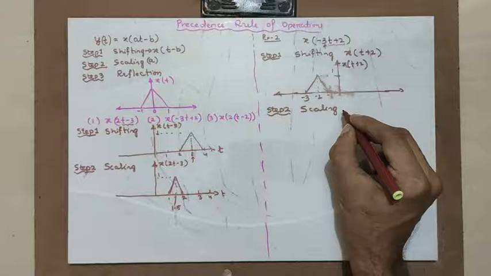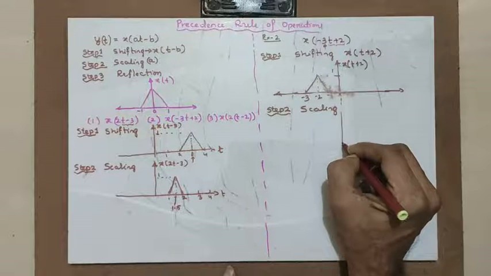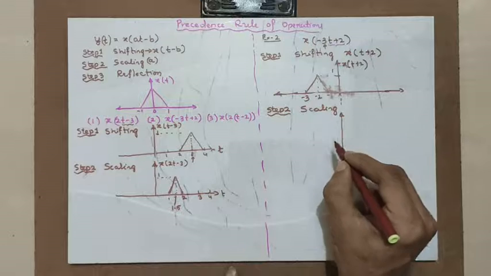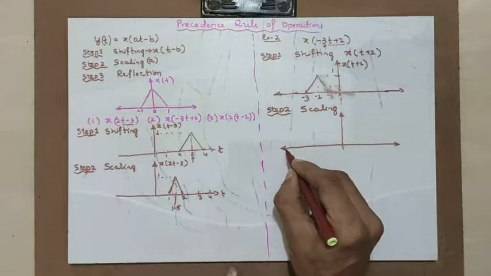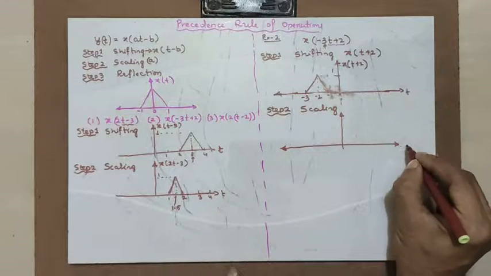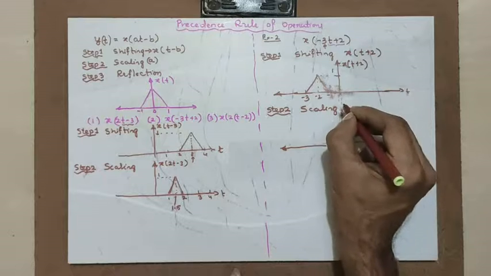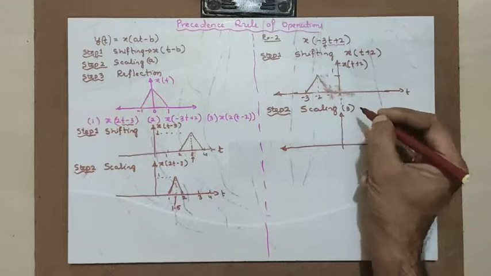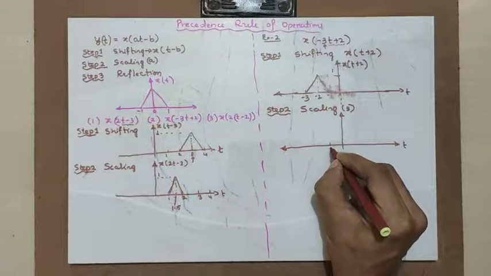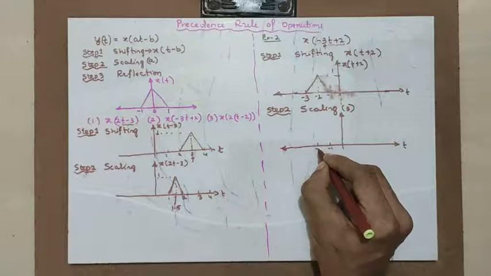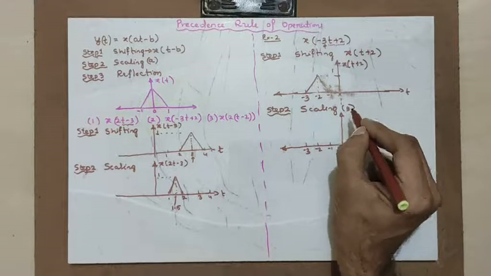When I do the scaling, try to draw it in line with some scale. The exact scaling should be there, so it is better if you choose a scale. Now scaling by a factor of 3. What happens? Minus 3 shifts to where? I will just scale it down now. Minus 3 shifted to minus 3 by 3.